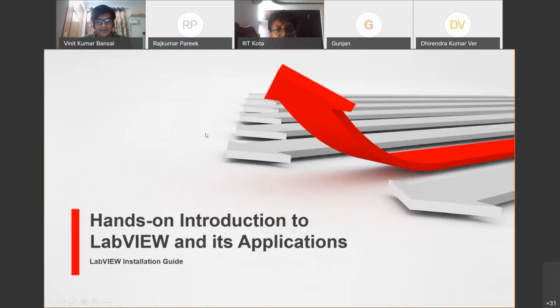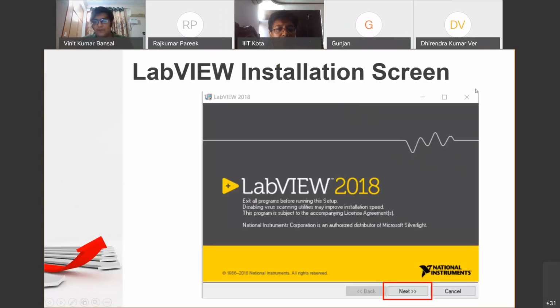Yes. Great. So first of all, we have to install the software in order. We had given 4 to 5 links, so you have to start with the first link, then go to the second, then third, and then fourth. The first software given was LabVIEW 2018, which is the development environment in which we develop all our applications and programs. As soon as you open the first link, you will find a window like this,